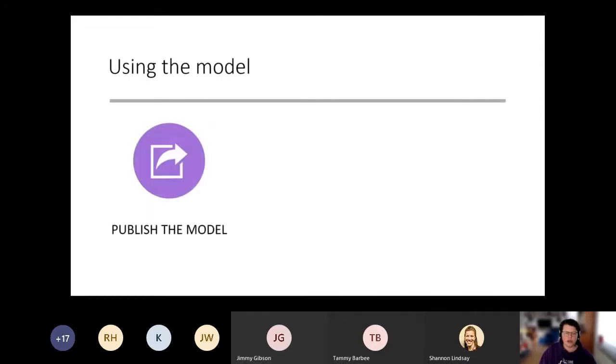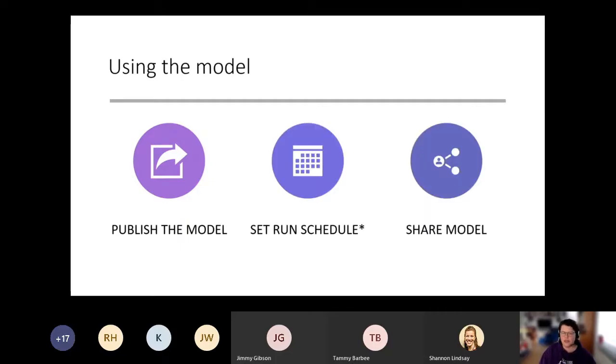So to use the model, you need to publish the model on your production environment. Make sure to set your run schedule for running the model, depending on the model that you use, and share the model for people to use in their apps or flows.